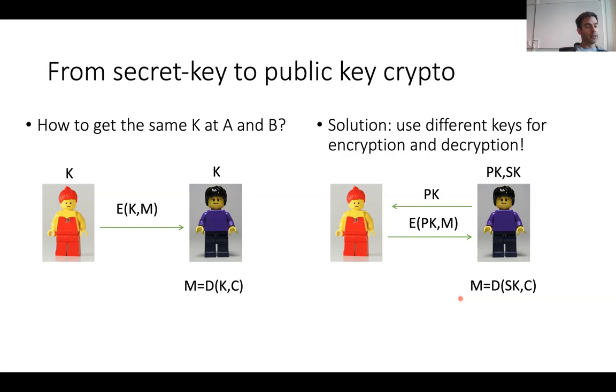I mean, the invention of public key cryptography really turned cryptography upside down. So maybe this is also a nice moment to say some historical notes. Symmetric key cryptography, the one you see here on the left, has been known since the Roman times at least. There are encryption schemes like the Caesar cipher, which are very simple symmetric encryption schemes, or substitution ciphers, which were known maybe even before that,